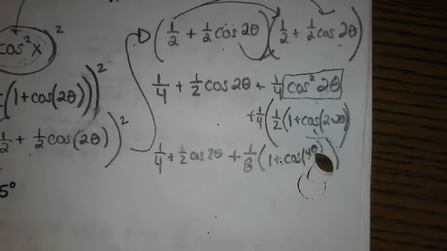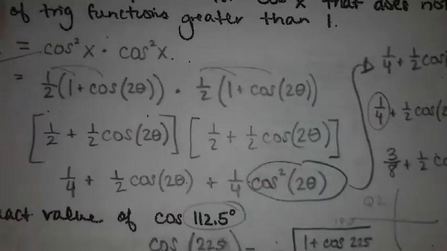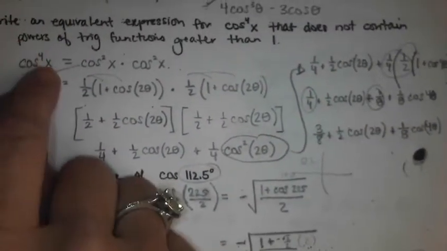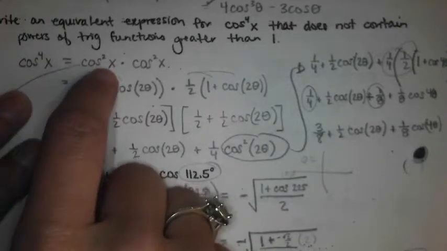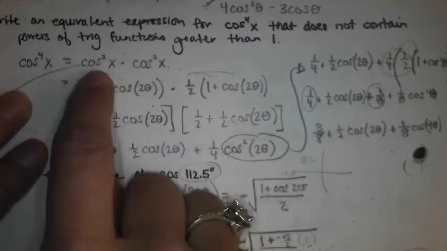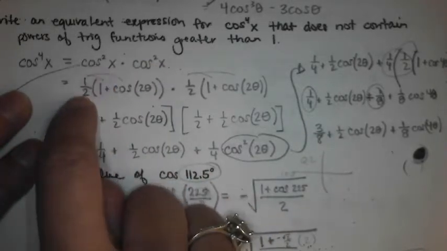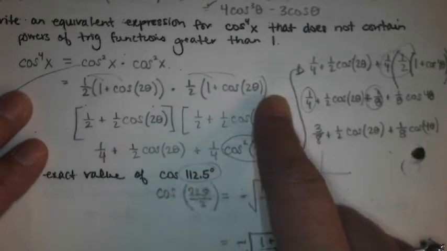Just for the sake of variety and showing you how there are different ways of going about these problems, this is the way I did it yesterday, which I think took longer. So rather than rewriting it as cosine squared squared, I actually did it out yesterday. I did cosine squared x times cosine squared x. And then I used the power reducing on this one, and I used the power reducing on that one separately. And then I